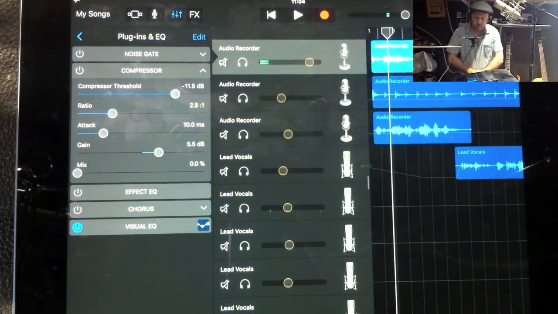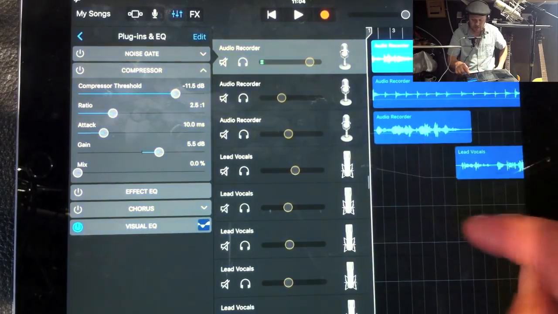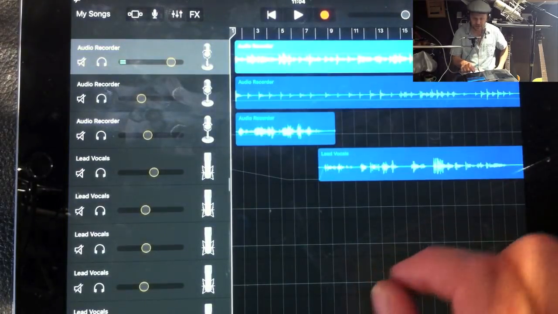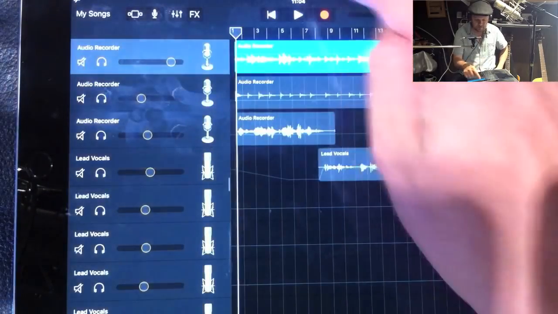Now, the first instrument that I recorded was the piano. Obviously I haven't got it in my studio. It's 250 kilograms. It's quite hard to lift and move in. So if I just listen to the piano on its own,